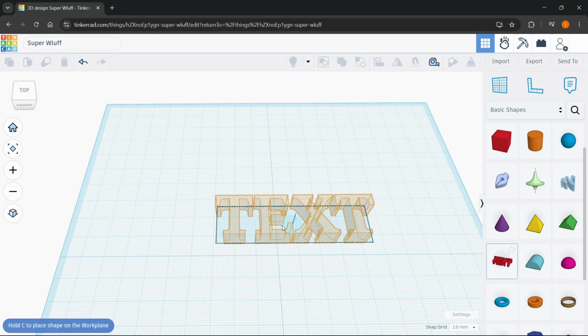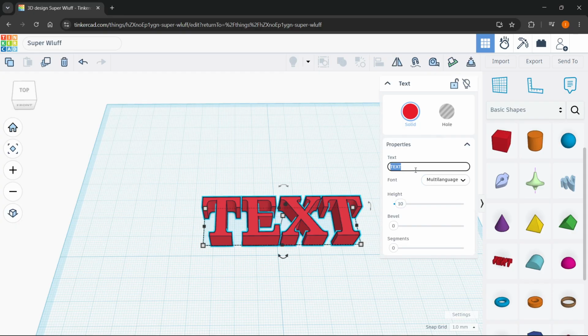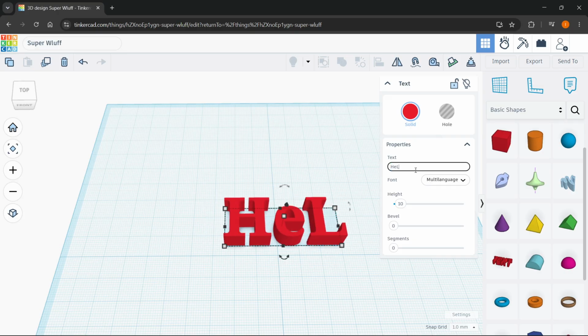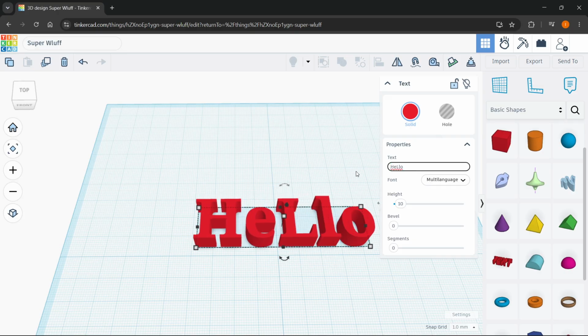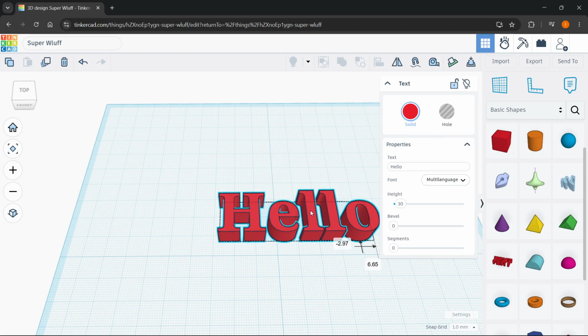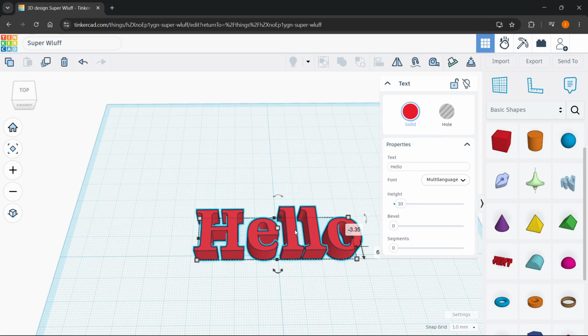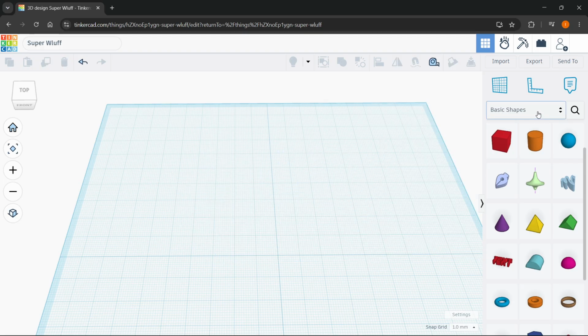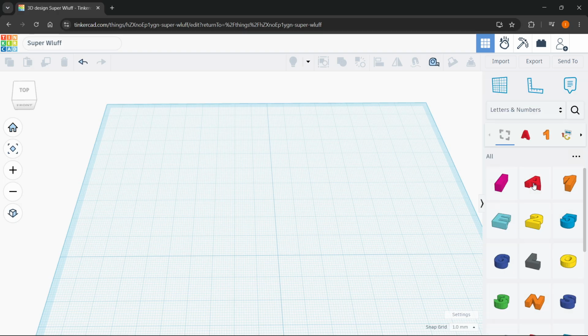You want to click on it and drag it up here. And of course you can change this text to whatever you want, like this. And this is basically going to be one object which you can move around, and it's going to essentially be joined letters, okay? But if you want the actual letters which are available in here inside letters and numbers, you